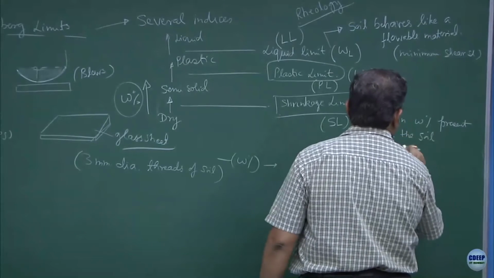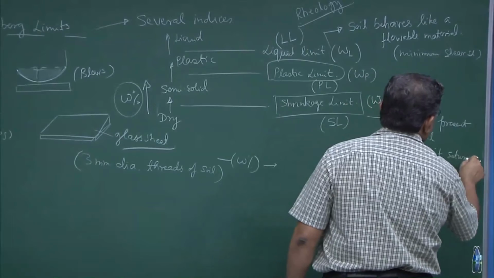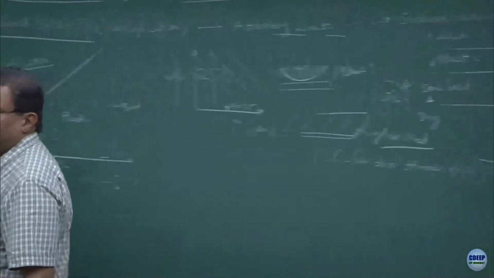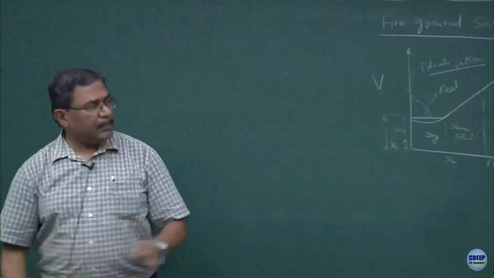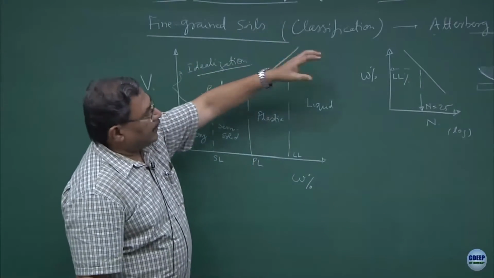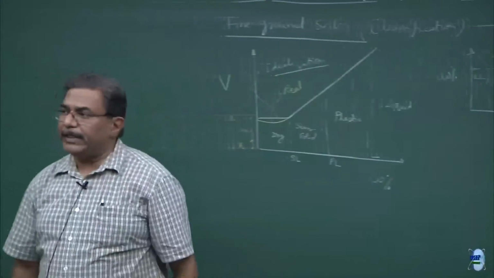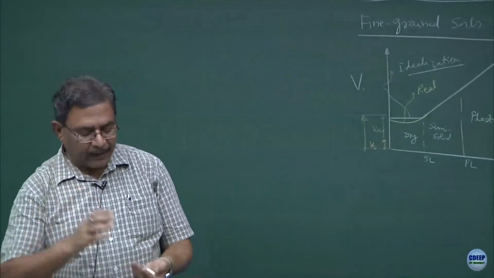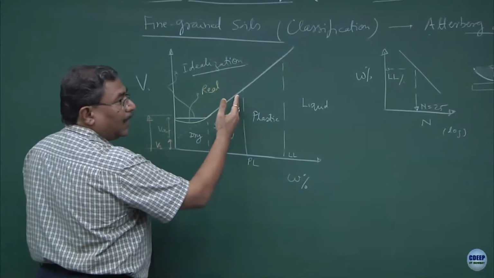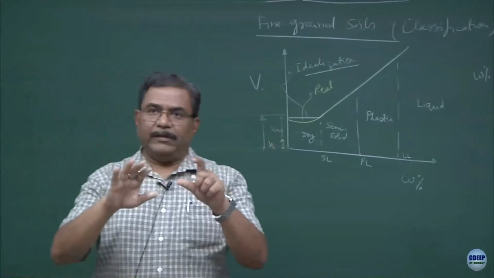to make it saturated. That means we do not allow any air to enter into the system. Normally this type of testing is done under very slow conditions. We start from here, take a pat, make a slurry of the soil, and normally we do not oven heat it, we keep it for air drying, and sometimes once I have crossed the limit of the plasticity, I will keep it on the top of the oven so that it gets heated up slowly.